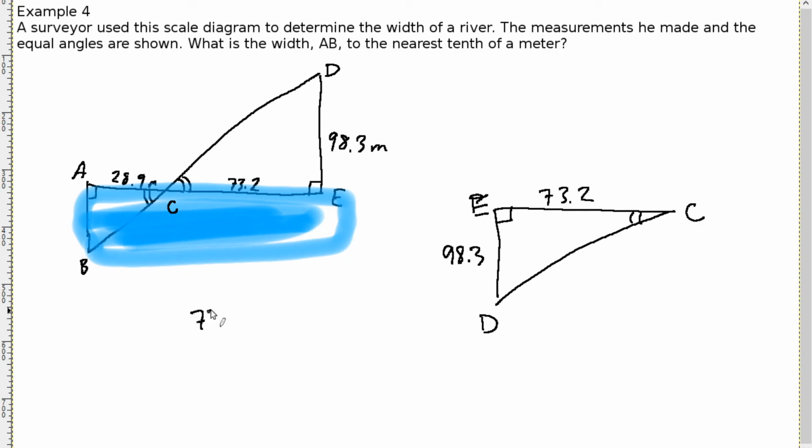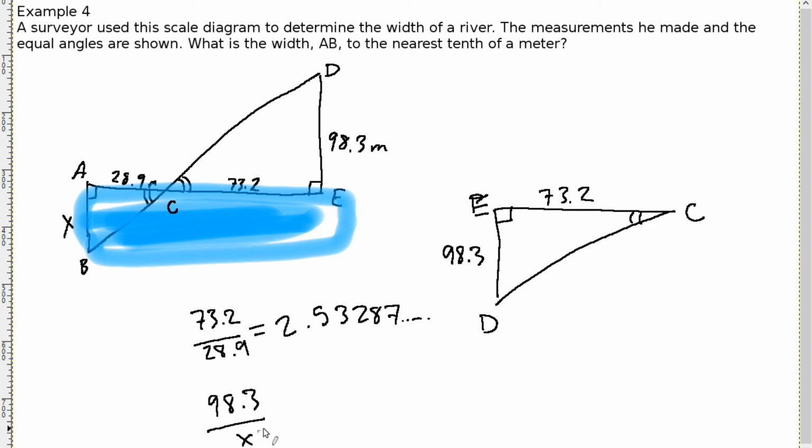So EC is 73.2 divided by 28.9. For our scale factor, we get 73.2 divided by 28.9. It's tenth of a meter, so 2.53287, some more. There's a bunch of decimals to this one. Then we'll set it up comparable with our new proportion. We'll use this as X here. So we have 98.3 divided by X